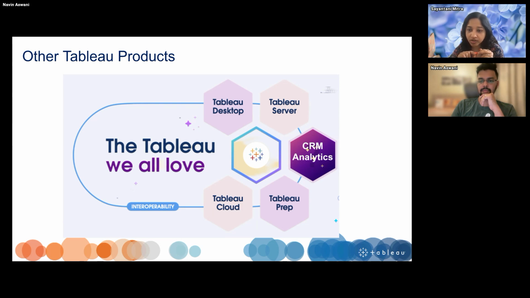I saw in the roadmap they want to deliver a product to convert. Yes, it's on the roadmap. That's what I was saying, but it is not coming up anytime soon, because there are things in Tableau Next as of now that need to start working like CRM Analytics does, but it isn't there yet.